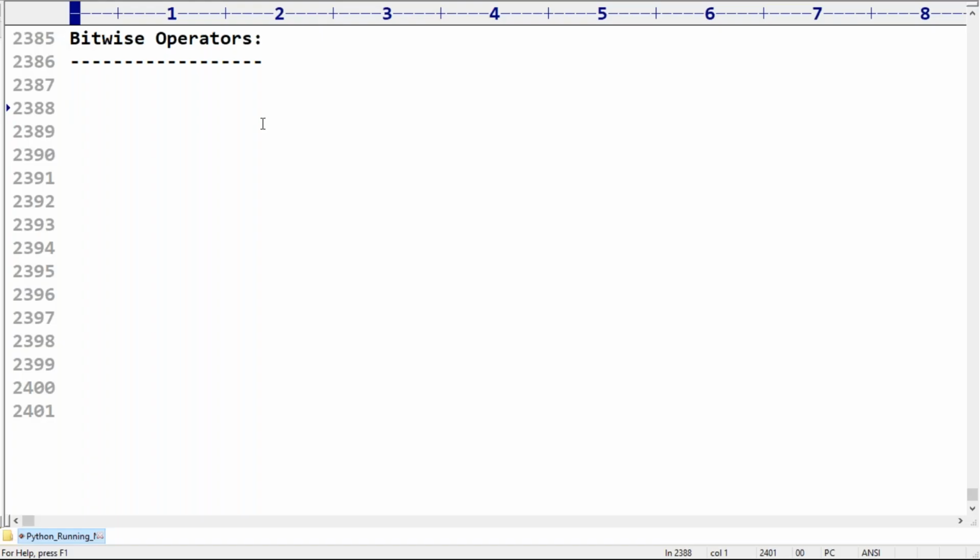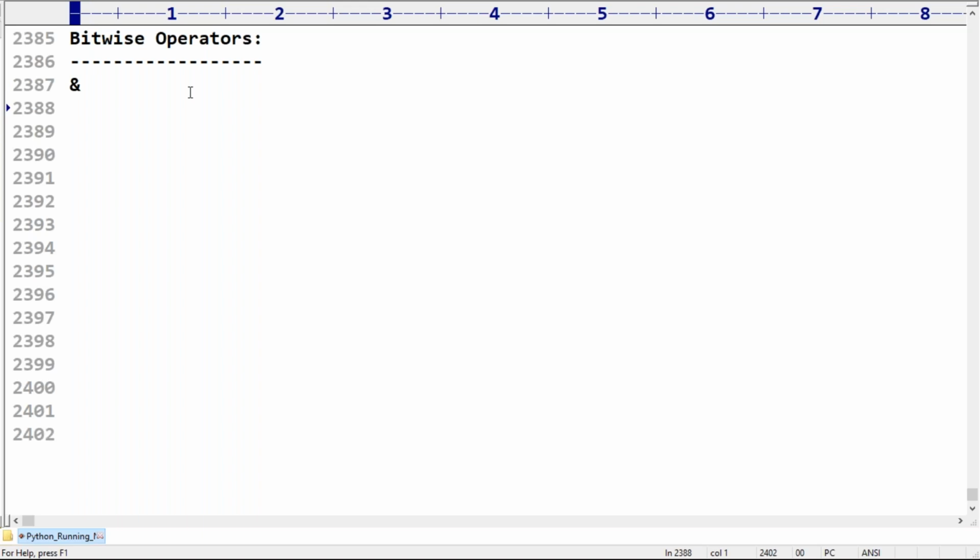In the last videos, we covered operators very clearly: arithmetic operators, then relational operators, equality operators, and logical operators also. Now the next set of operators we have to discuss is bitwise operators. Remember this one. So, which are the bitwise operators?